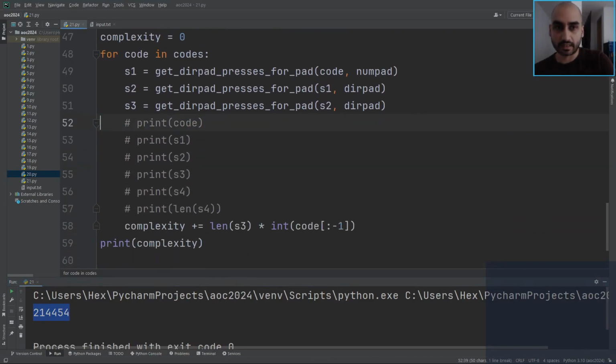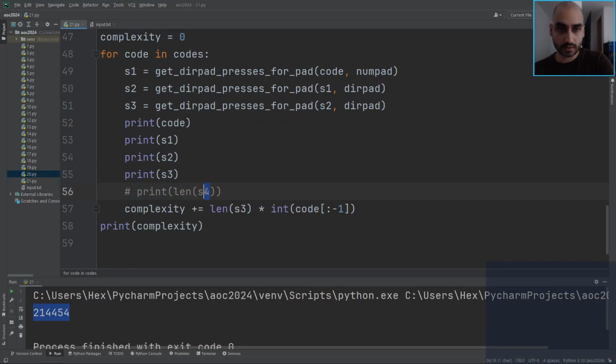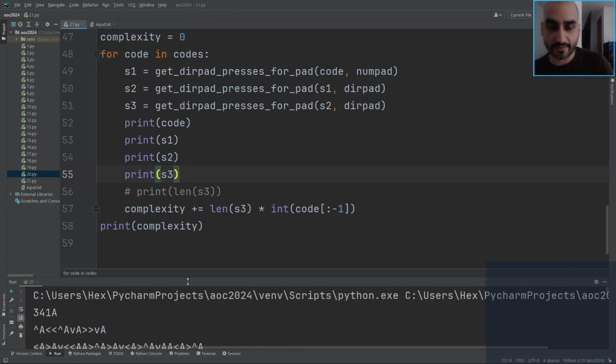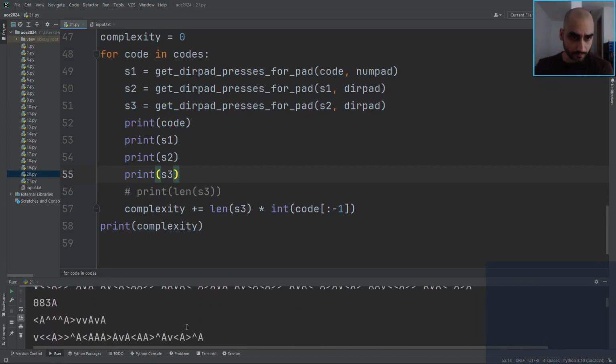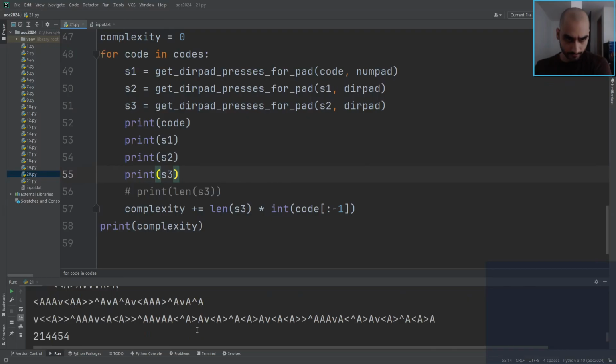So that was invalid. Take that one out. So we do that. Take that out. That's 3. So it's weird because our typo happened to make it right by omitting S4. Okay, so we got this. This is what we're claiming as the shortest sequence to do to each of these codes. So it's down, right, A, right, up, A, down, right, A, right,